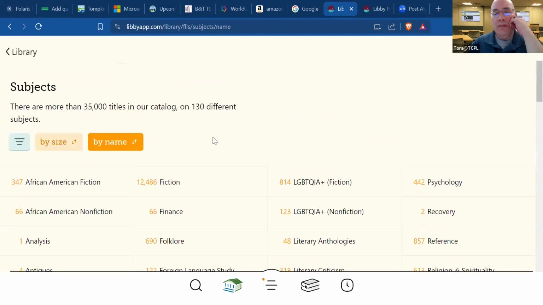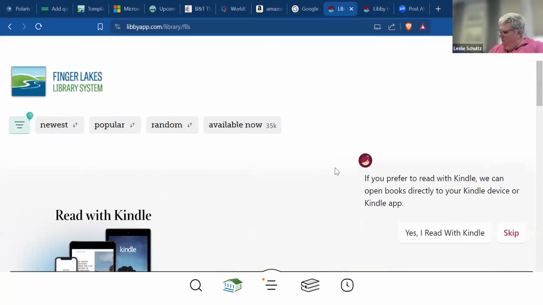Go ahead. Okay, suppose I have a specific title already in mind. How do I request that? Yeah, if you do have a specific title, search. Type it in. At the bottom of the screen, they have that magnifying glass. So if you know a specific title,